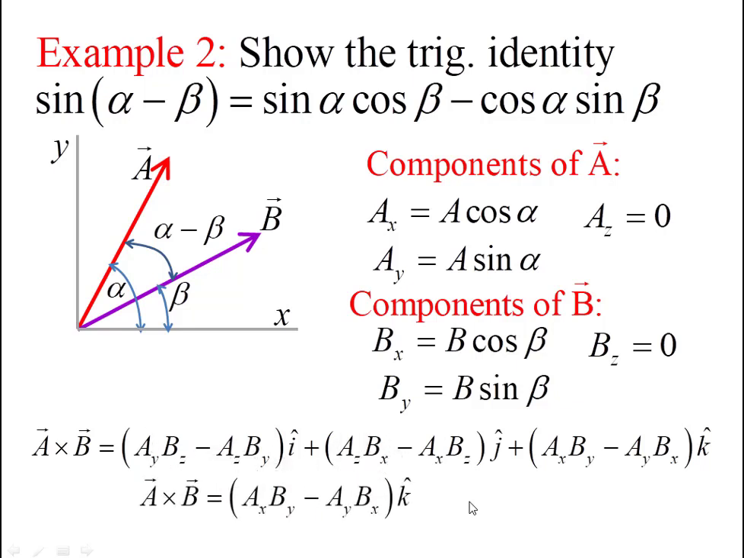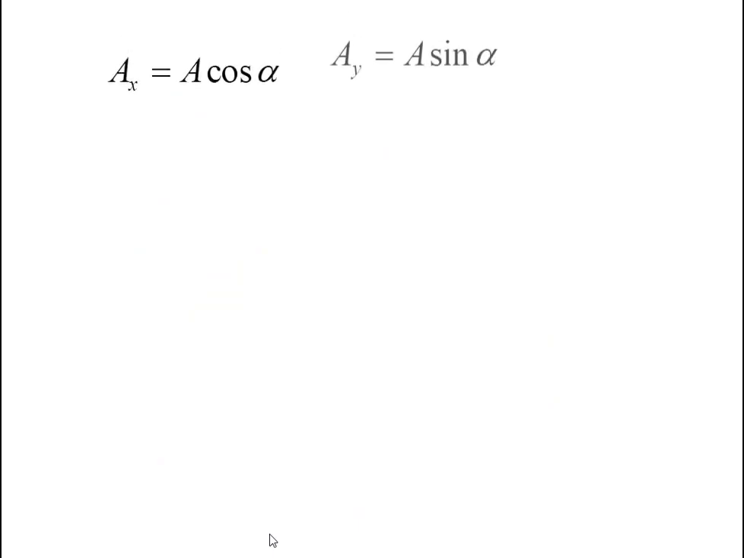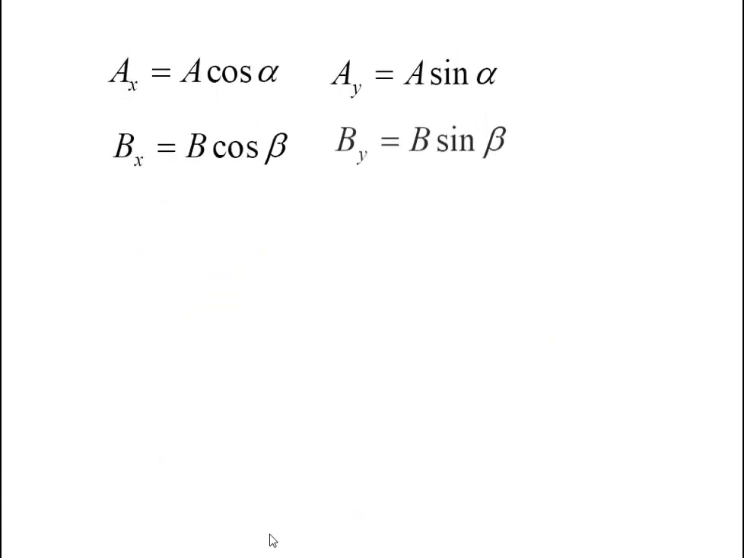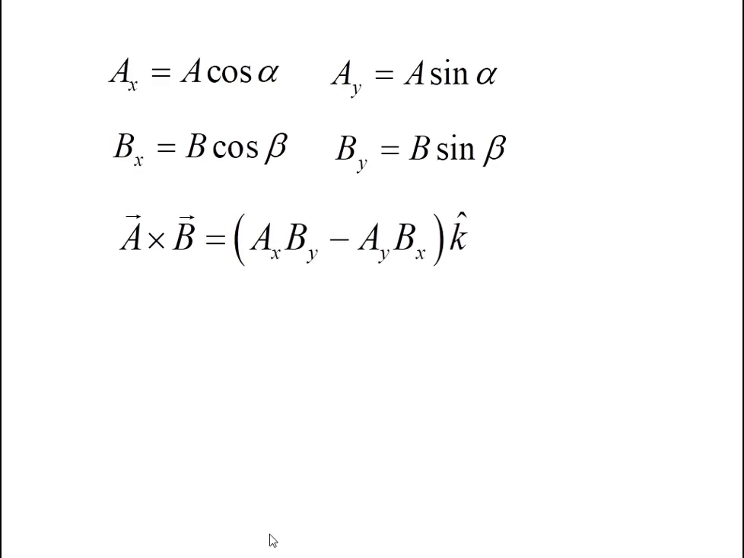And it turns out that because the z components are already missing, everything containing the z term will disappear, and we are only left with this last k component of the vector, and a cross b reduces to ax by minus ay bx in the k direction. So upon direct substitution of these values into my last simplified result, a cross b now becomes